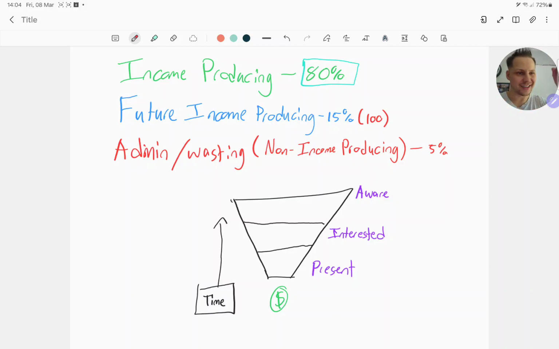You want to see your calendar color coded to kind of like these colors, or different colors depending on your taste. It could be different shades of black, different shades of orange or yellow. Who cares? As long as you're color coded and you know where you're spending your time. When you open up your Google Calendar or your Outlook calendar or whatever calendar you're using, you want to see it mainly green if it's income producing activities, green and blue, and as little red as possible. And yeah, that's pretty much what I have to say about time management.